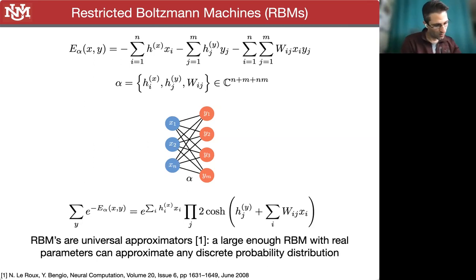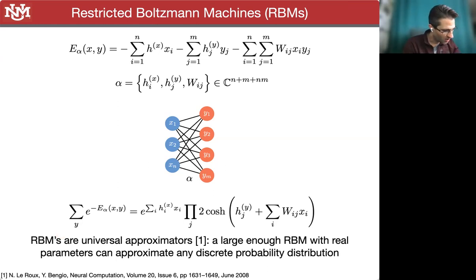And now, we're going to allow ourselves to have these local fields and these couplings be complex. So it's not really technically an Ising model, but this is a point that we'll get to in a moment why we do this. So you might ask, well, why restrict yourself to this particular kind of connectivity graph? And the reason we do this is because it then allows us to calculate the marginal distribution of the Gibbs